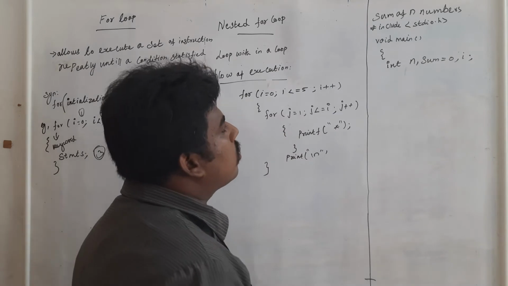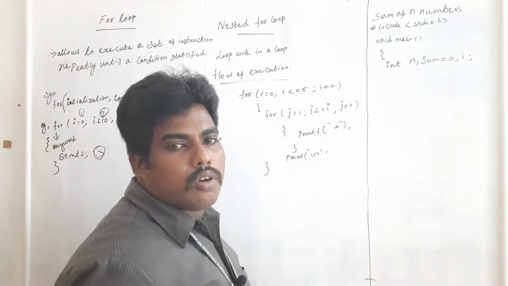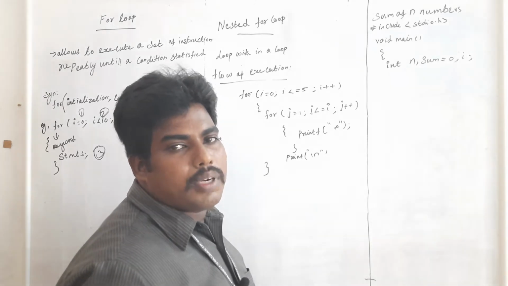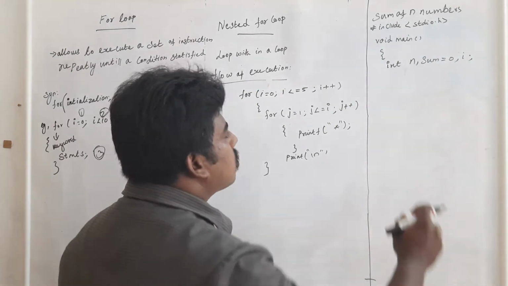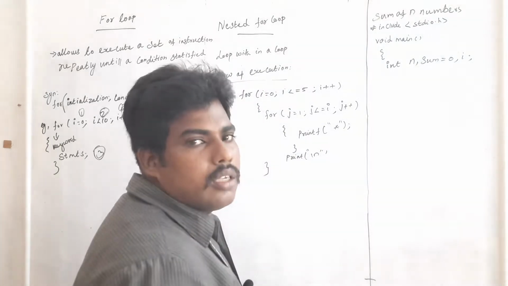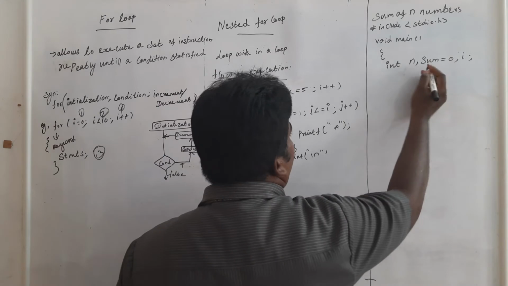Okay. So first of all I want to do the initialization, right? So first we have initialization, then condition, then body, then increment or decrement. This is the step. So I am going to find the sum of n numbers. So I declare n, then sum. For initialization I declared i. Okay. Now find the n value.